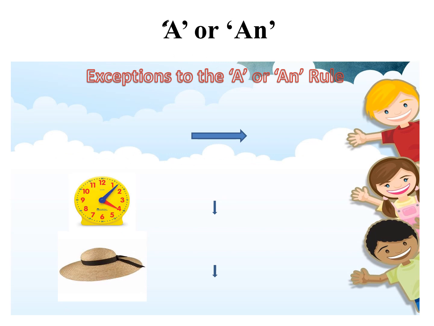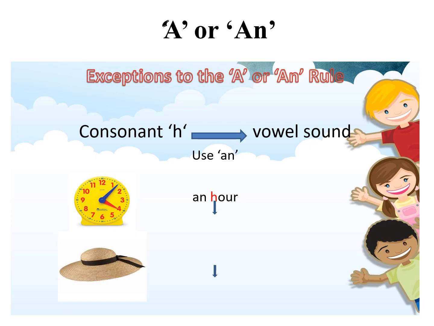Sometimes words may begin with a consonant, but we put article an before it. Do you know why? Because sometimes a word that begins with a consonant has a vowel sound, or the first letter of that word is silent. For example, hour. When we pronounce the word hour, the letter H is silent. Therefore, when hour is pronounced, the first letter is pronounced like a vowel sound, so we put article an before the word hour.